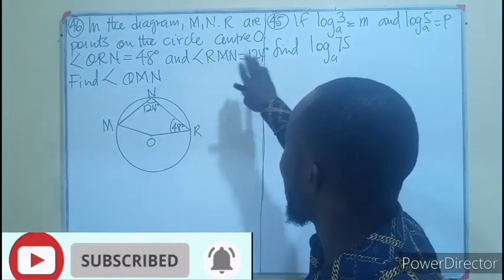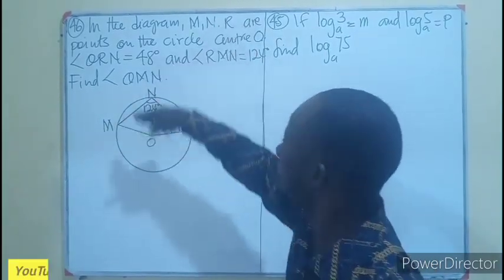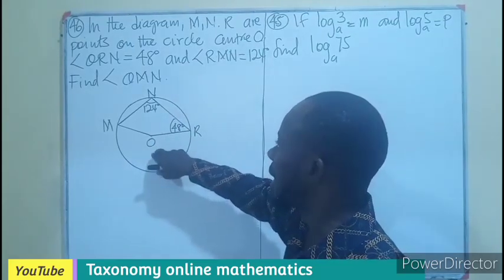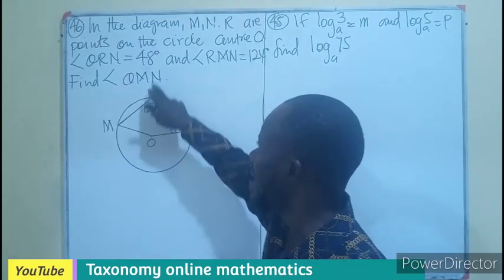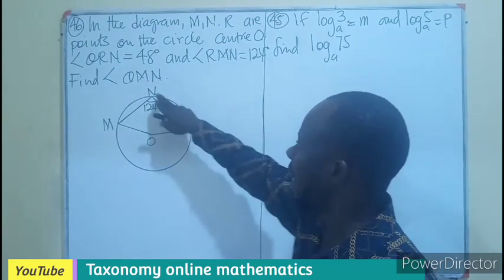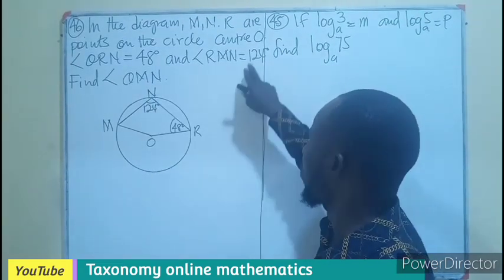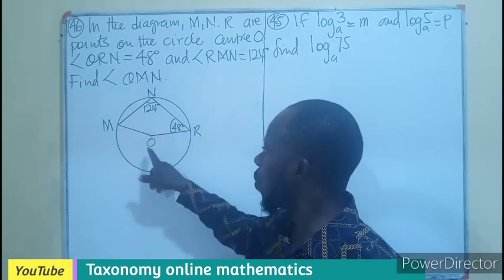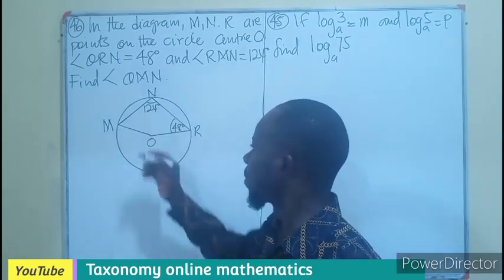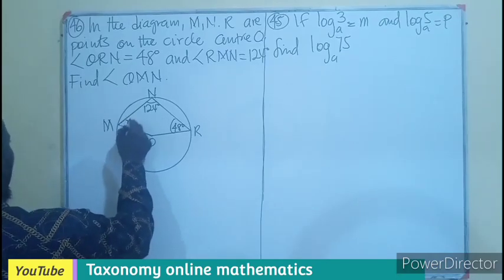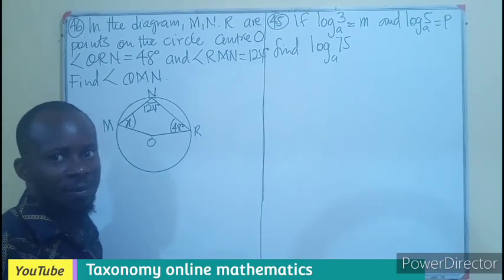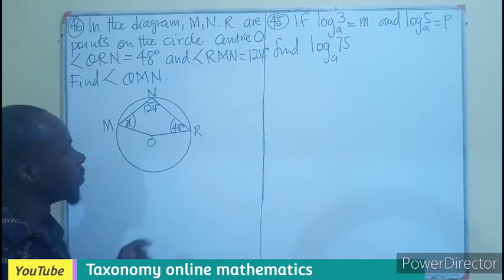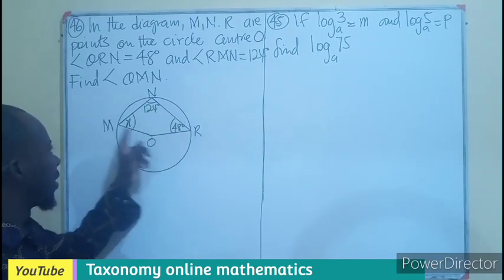In the diagram, M and R are points on the circle with center O. The angle here is given as 48 and the angle at N is also given as 124. We have to find the angle OMN. Let me label this as X. Looking at the properties of circle theorems, if we look at the points